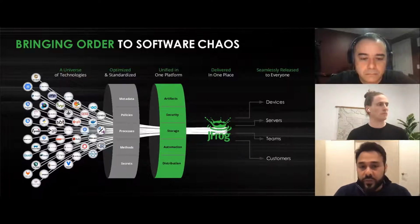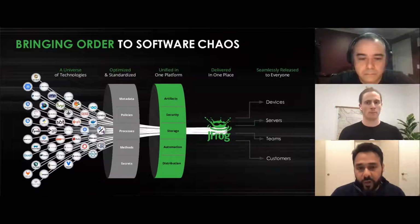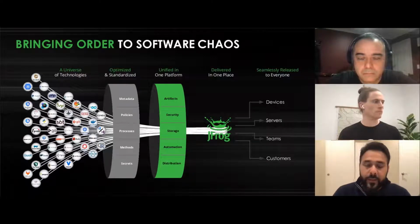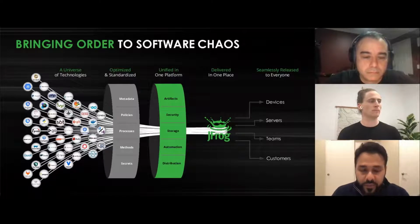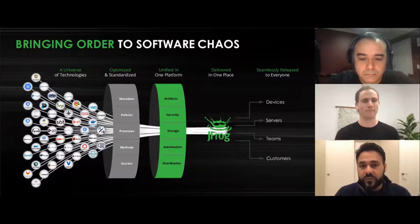And that's where JFrog essentially comes in. JFrog is an end-to-end DevOps platform that has support for all of these packages that you see, 25 plus, I believe, packages that developers use to write their code with. And then it weaves a system of